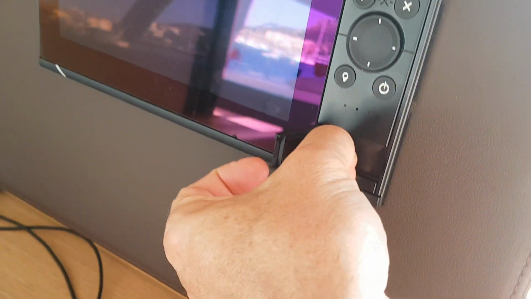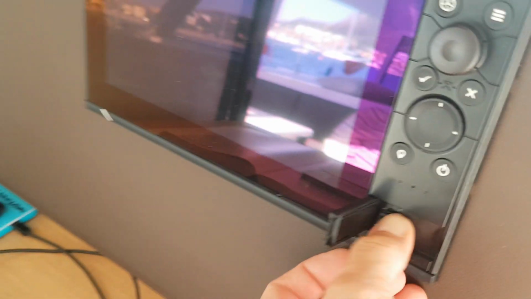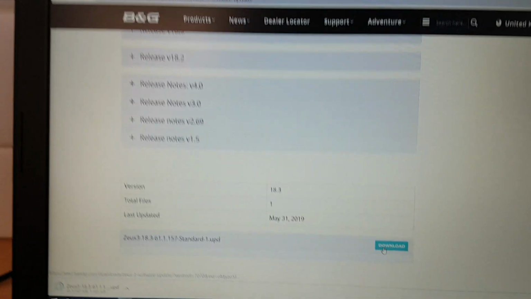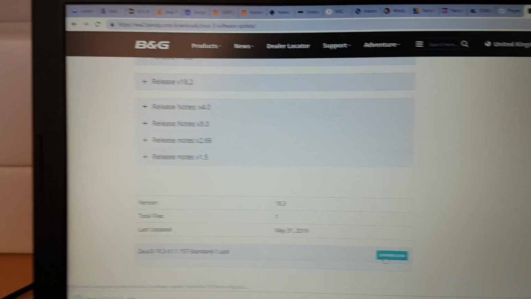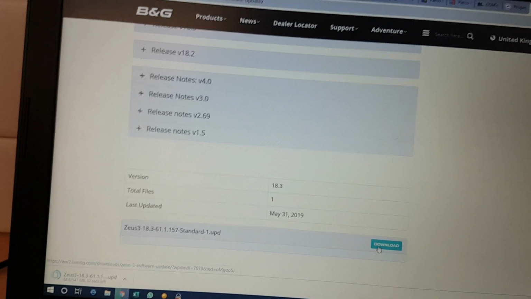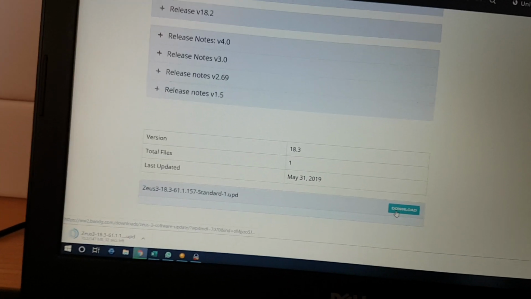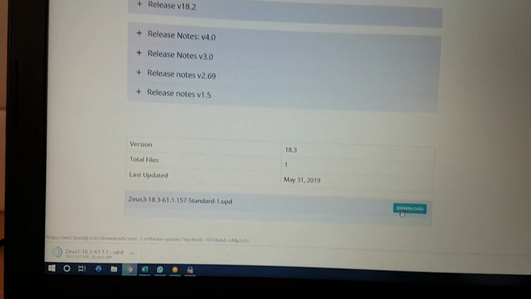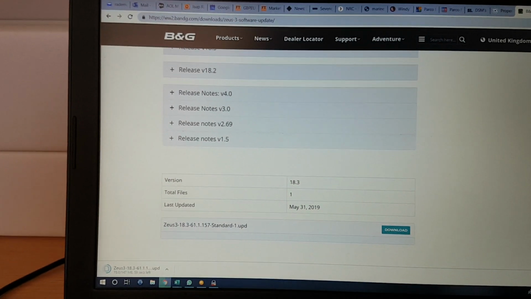then take that new SD card with the update file, put it in the top slot of your chart plotter, then turn on the power and it will start force updating, and you'll be pleased to see that your system goes back to life again. It takes about 5 minutes to do the update, but once it's done, restart your system, take out that SD card because it might corrupt things. And what it does is it boots straight from that SD card onto the latest release patch.